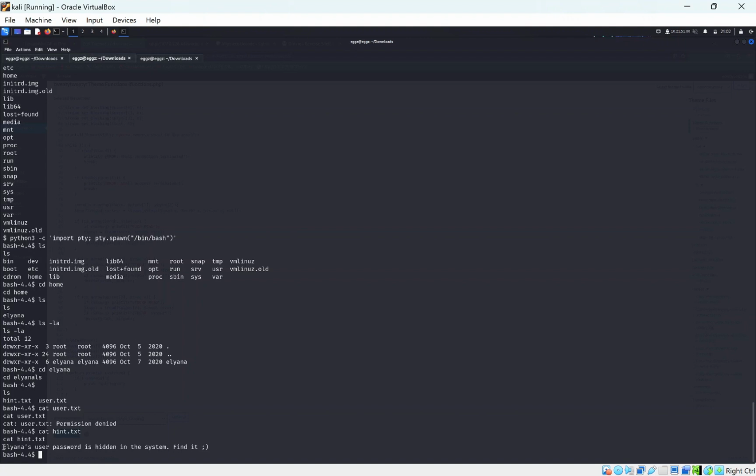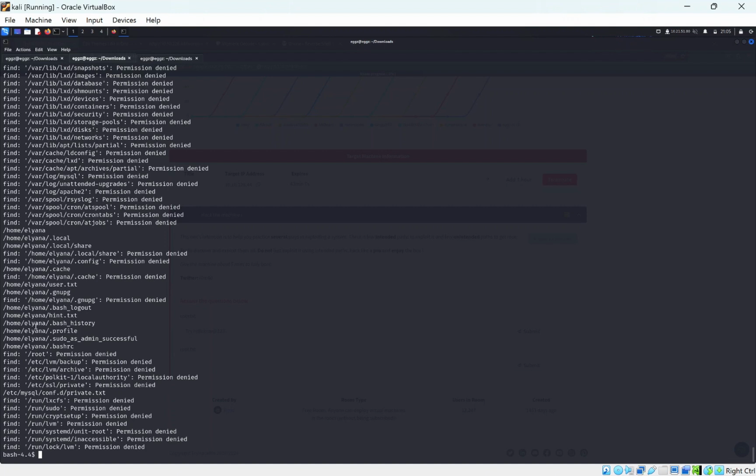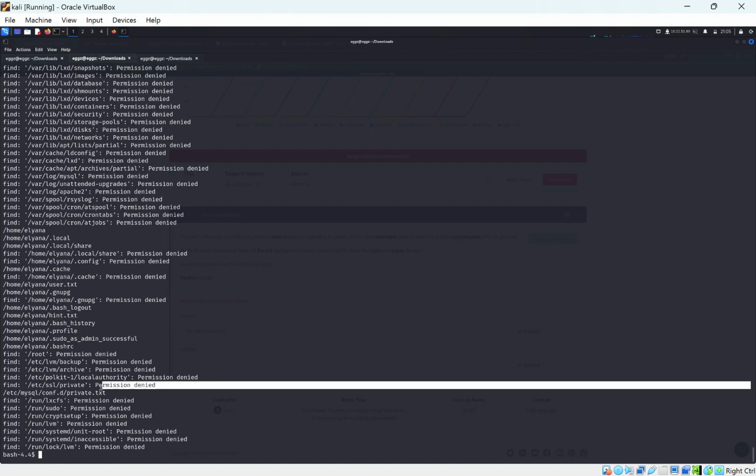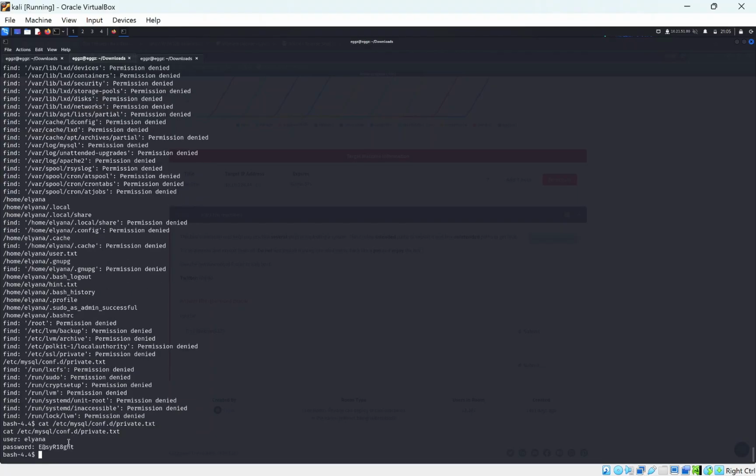So what we could do is use the find command to try to find this user on the system. So we can enter this command here, find -user alina. This will find the user alina and find any files related to this user. We may find a hidden file or anything. We get a lot of permission denied, but that's okay. That's to be expected. You see this user.txt here, and we have an /etc/mysql file private.txt. So what we can do is cat and let's paste this in. And we have a user here,